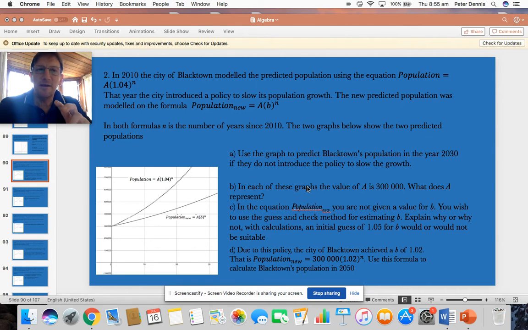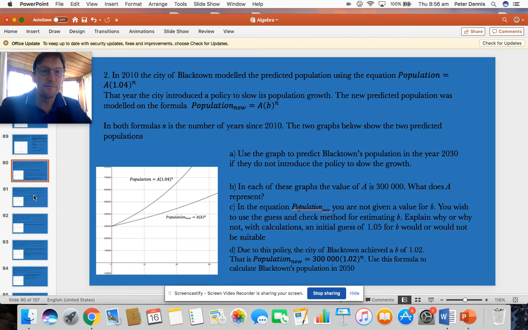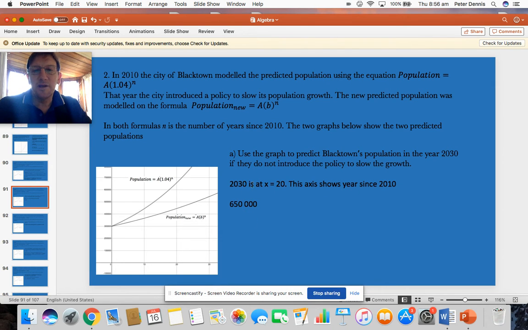Now, it's not a hard question, but you've got to be a little bit tricky. It's a little bit tricky because in 2030, n is going to be 20, because this axis here is the number of years since 2010. So it's been 20 years since 2010. Now, on your sheets, you can read that straight off. I can't read it from here. 2030 is at x equals 20. The axis shows years since 2010, so it's